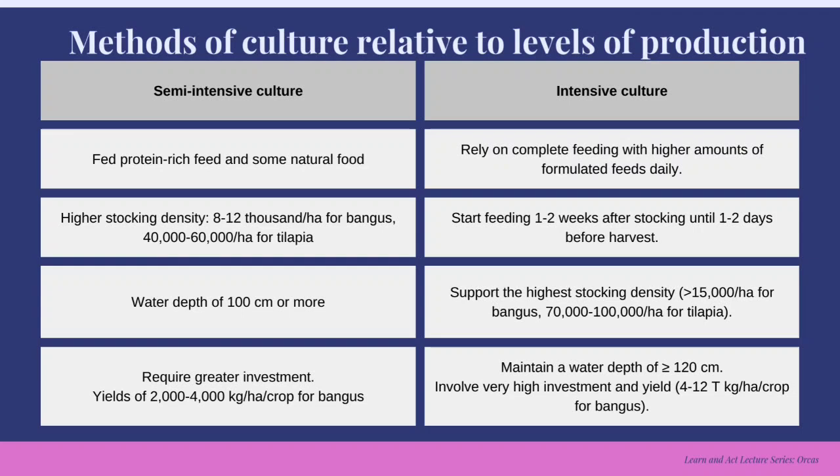Semi-intensive culture is suitable for farmers seeking moderate yields with lower feed costs. Intensive culture is best for those aiming for maximum production and profit but requires high investment and strict management. So the overall importance of the distinction of these methods in aquaculture is to help farmers select the best production strategy based on available resources, balance sustainability, cost, and profit potential, guide investment decisions in aquaculture businesses, and finally ensure efficient use of land and water resources while maximizing yield.